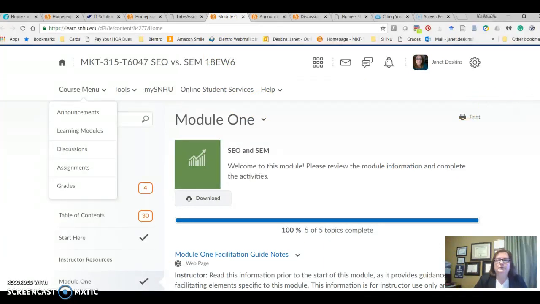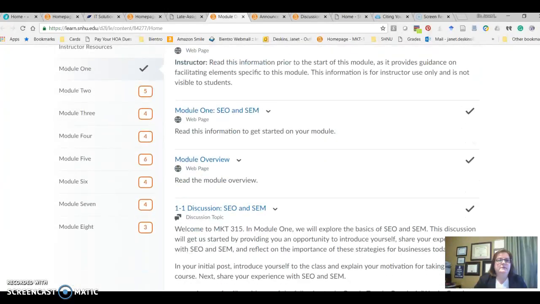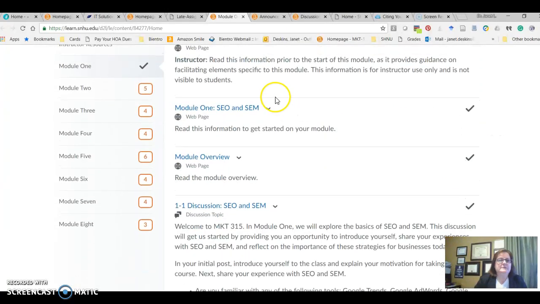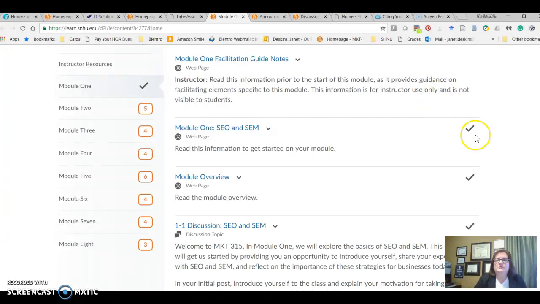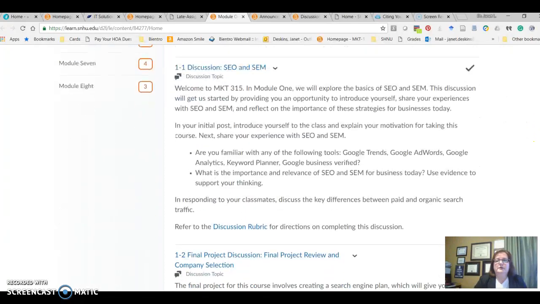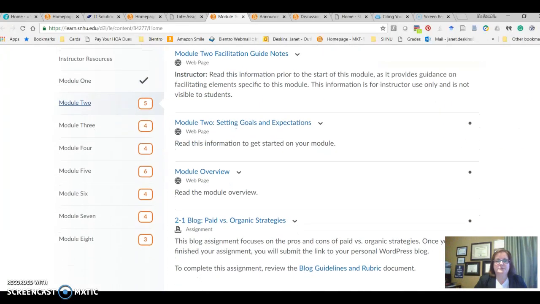When you go into your modules, since we have 8 weeks, we have 8 modules. Again, your view may be a little different, but I think it's pretty similar. You have all of your module links here, and as you go through your different modules, a check mark will appear here. If I go into week 2, even though I've been in here in another course, you'll see a little dot, which means that you have not visited that area. Once you visit the area, complete the entire module and follow every single prompt, you'll get a check mark like you see here on my module 1.